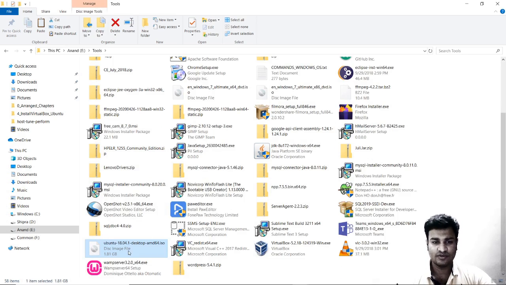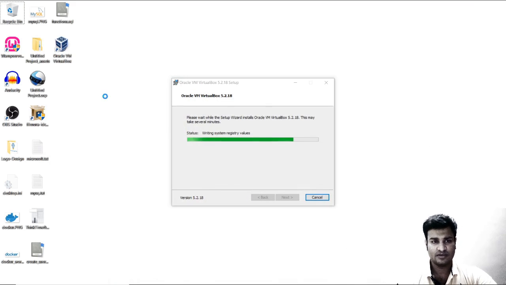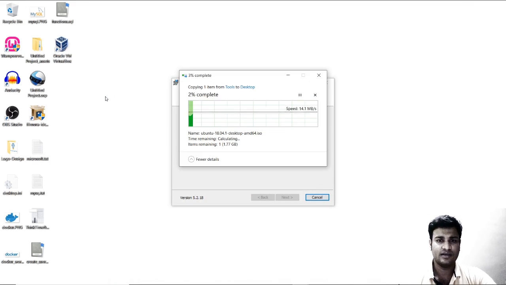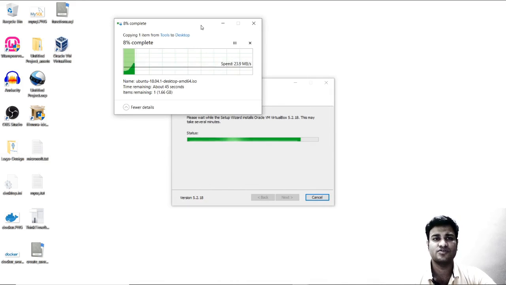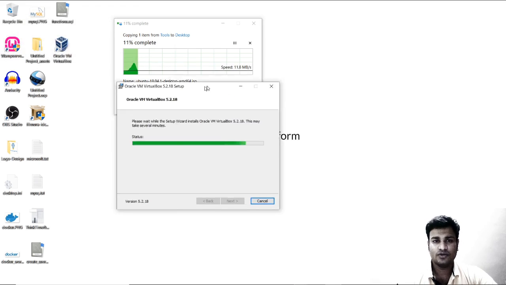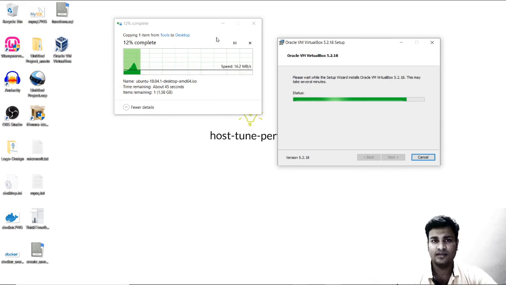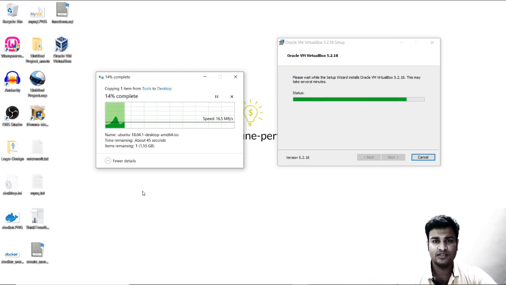I just copied it. This is version 18.04. Again, I do not see the need of the latest version. So I'm copy pasting the previous version on my desktop so that it becomes feasible for us to look at. VirtualBox is being installed here, and this is the place where Ubuntu is being copied to my desktop.